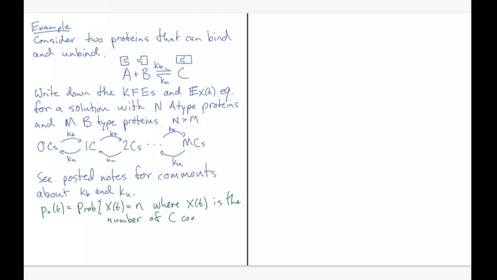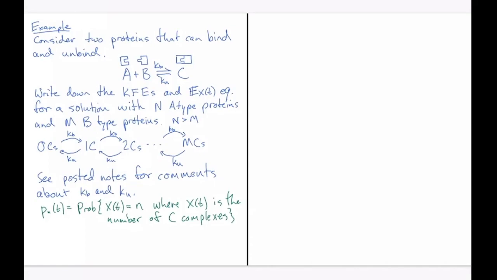And they're called complexes, a combination of two proteins bound together. And so what we like to do is write down the